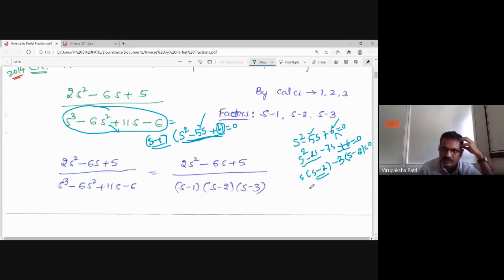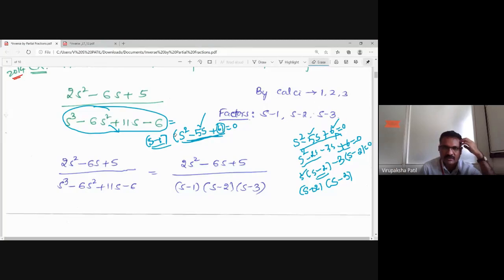Now from these two you are having s minus 2 as a common factor. Take that outside, s minus 2 common factor, and from this term you are left with s, from this term you are left with minus 3. So you'll get s minus 2 into s minus 3. Therefore the factors of this are s minus 2 and s minus 3.